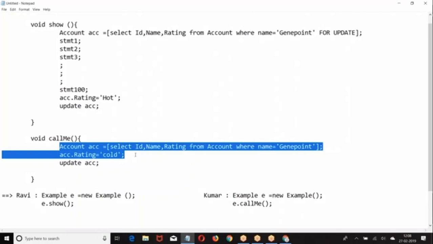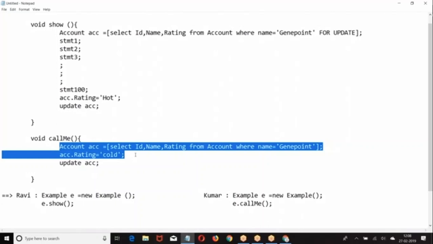Okay, are you getting my point? I will lock the records. I am making changes. Okay, I am making my operation. Now, meanwhile, if anybody is trying to modify the same data, they will wait for 10 seconds. Even after 10 seconds, if the lock is not released, their modifications will throw an error message. Did you get my point?